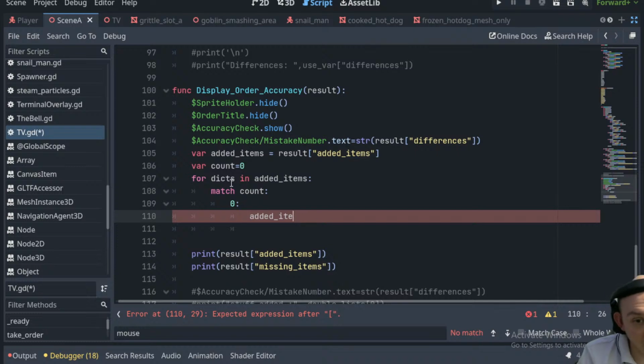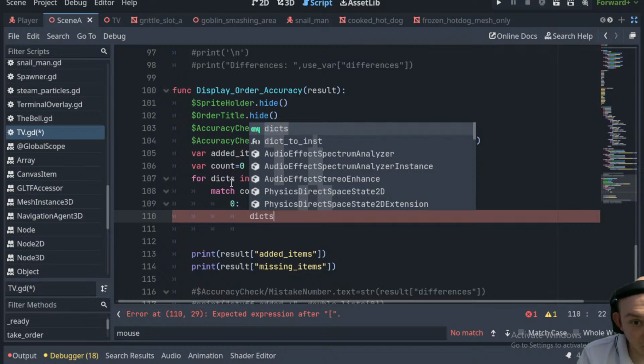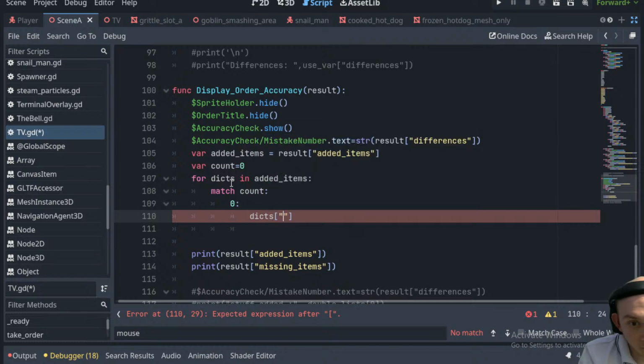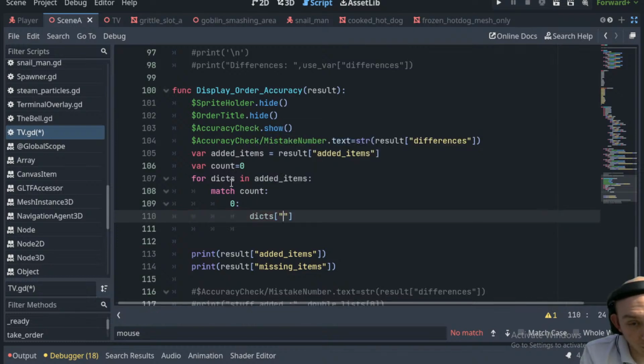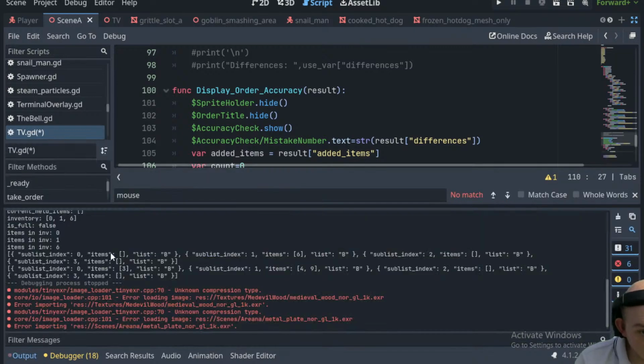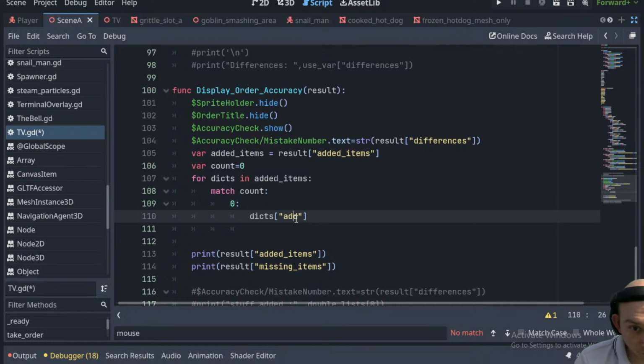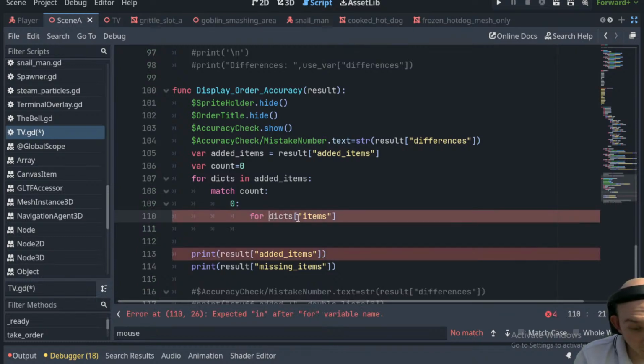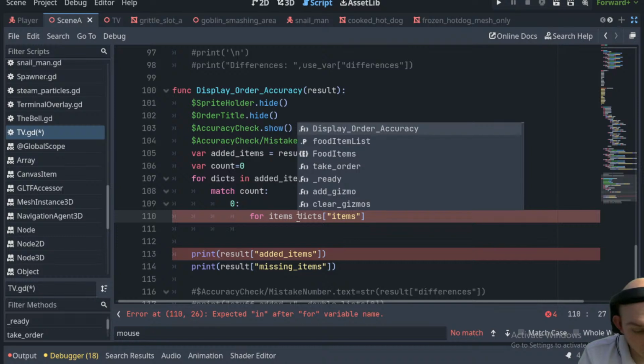No, we can just say dicts, right? Yeah, we'll say dicts, and we want to get the, what value do we want from here? Items. Actually, we'll say for the items in